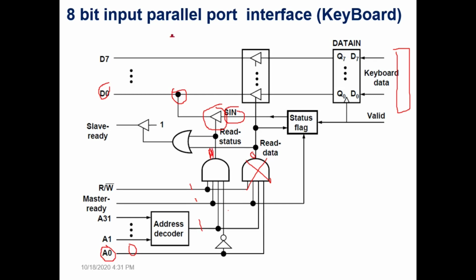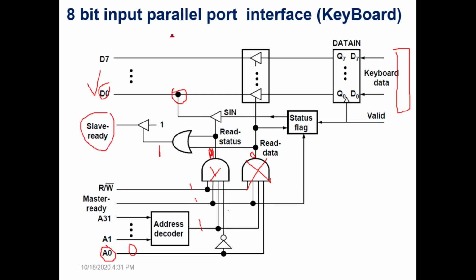Also the output of this AND gate is fed to this OR gate here. So since one of the inputs of the OR gate is 1 now, its output will be 1, which drives this tri-state buffer and makes the 1 value on the right side be on the slave ready signal on the left side. So it transfers that 1 to the slave ready signal. So now D0 has the status bit and slave ready signal becomes 1.